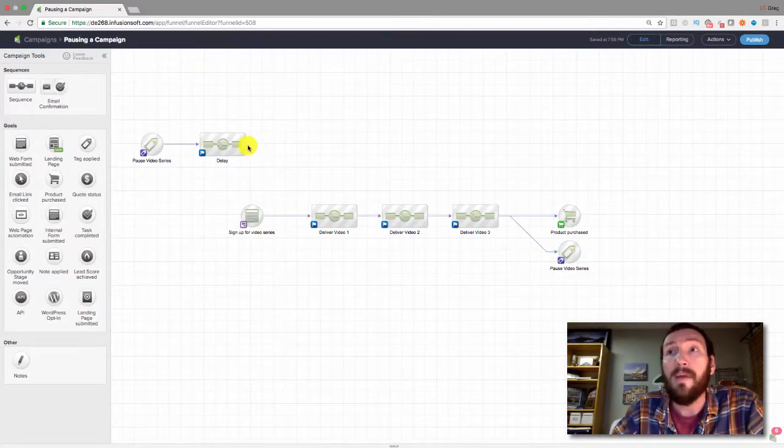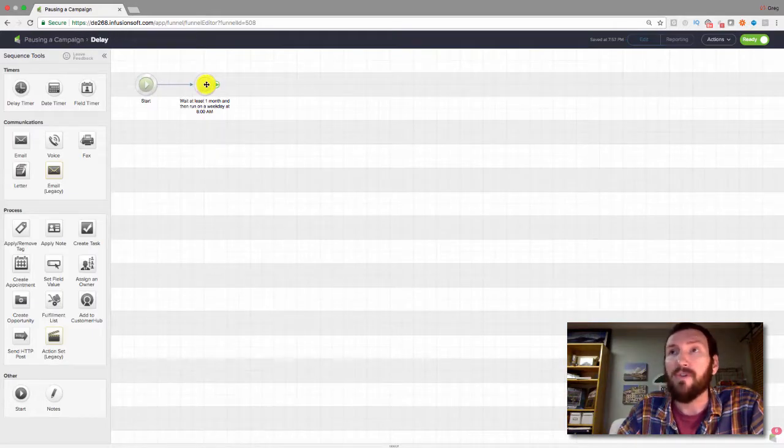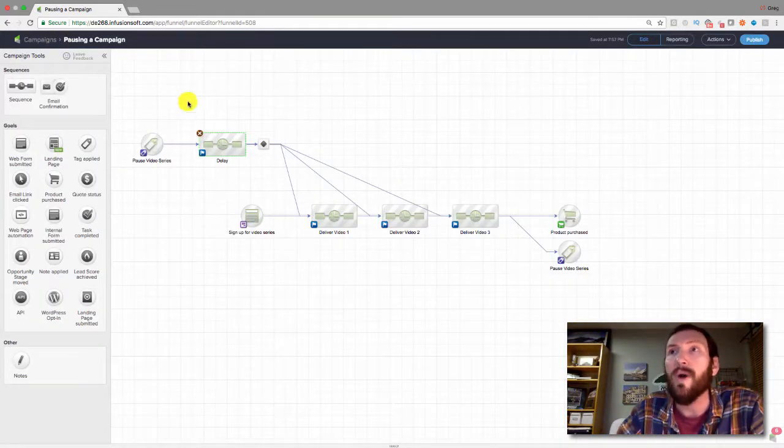Okay, so then we just filter them into these three sequences. Let's go ahead and connect that one, and then we will connect this one as well. So the logic here is when somebody's in these sequences, if we pause them and manually apply that tag, it's going to pull them all the way out and pop them back in here. It's going to wait whatever this delay is set to. That could be January 1st if you want to pause them till a specific date. It could be wait 1 month, wait 1 week, or wait till Friday. If you just have a short promotion, you can set whatever delay you want there.